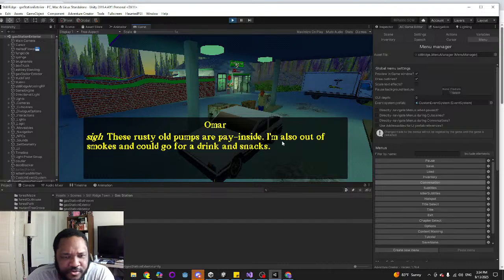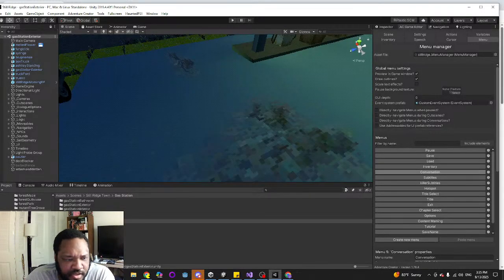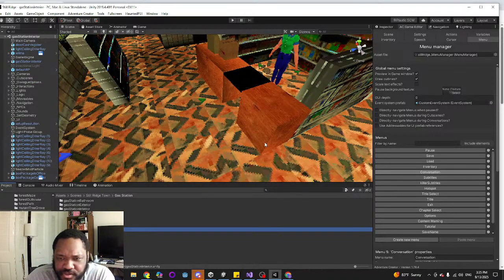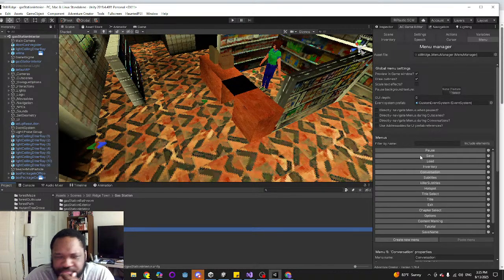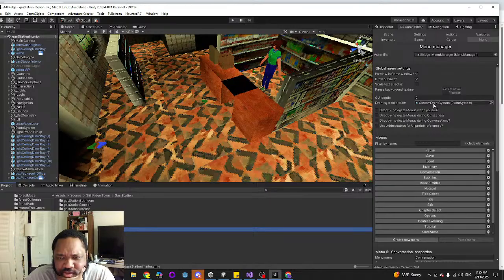Yeah, okay. So like the dialogue works in this scene. What is it about the interior that has completely broken the game?